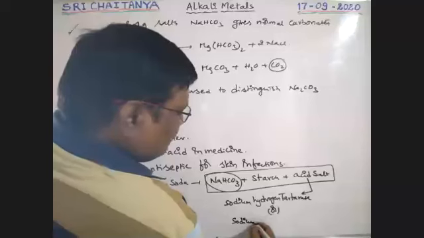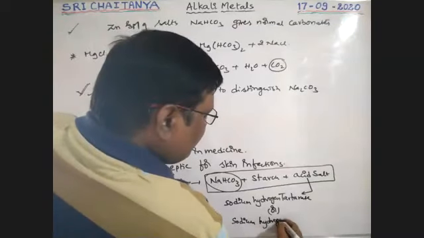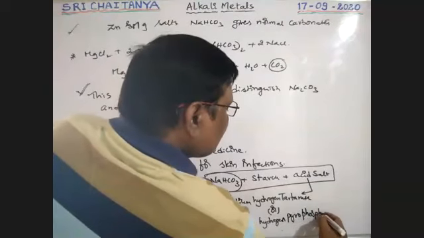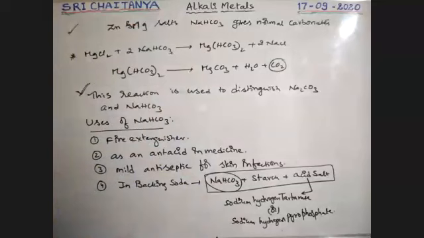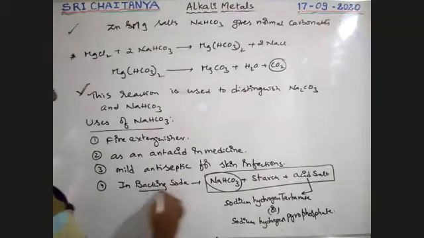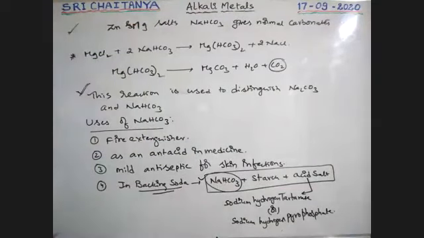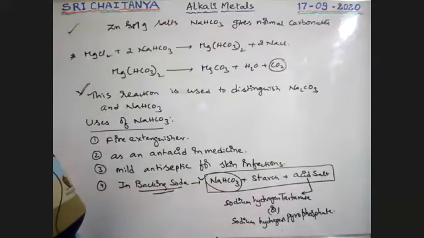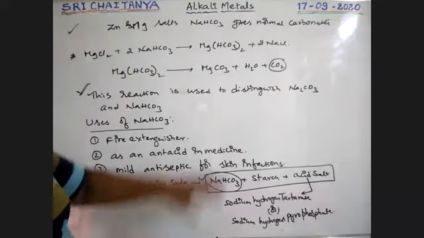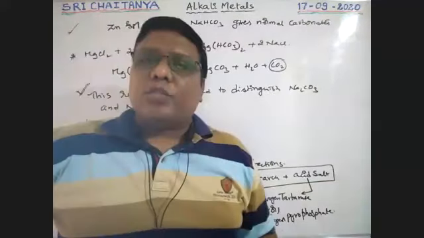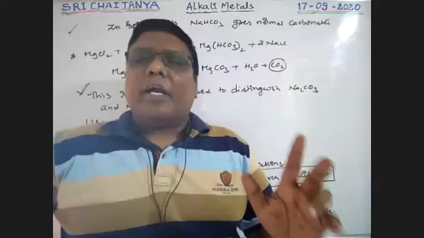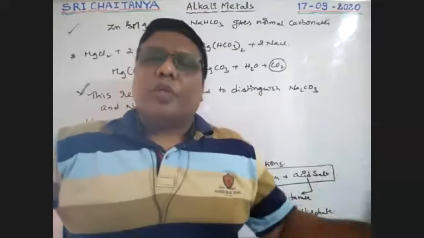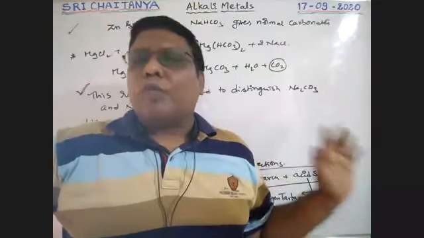So these are the salts that may be used, and the combination is called baking soda. The major constituent is NaHCO3, used for making cakes like that. So this is baking soda, boys. Very, very important. So this is all about your sodium bicarbonate. Sodium carbonate, sodium bicarbonate, sodium hydroxide are very, very important, the major compounds among sodium compounds. Almost those compounds are completed, boys.